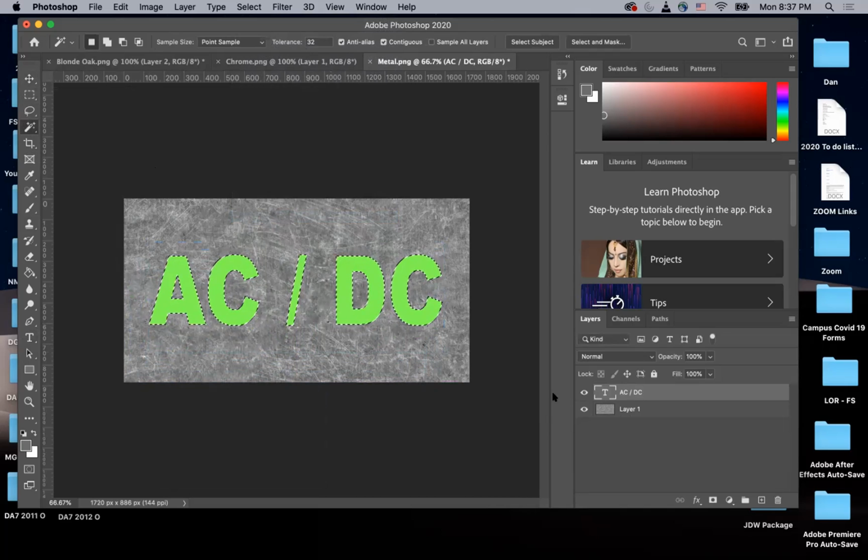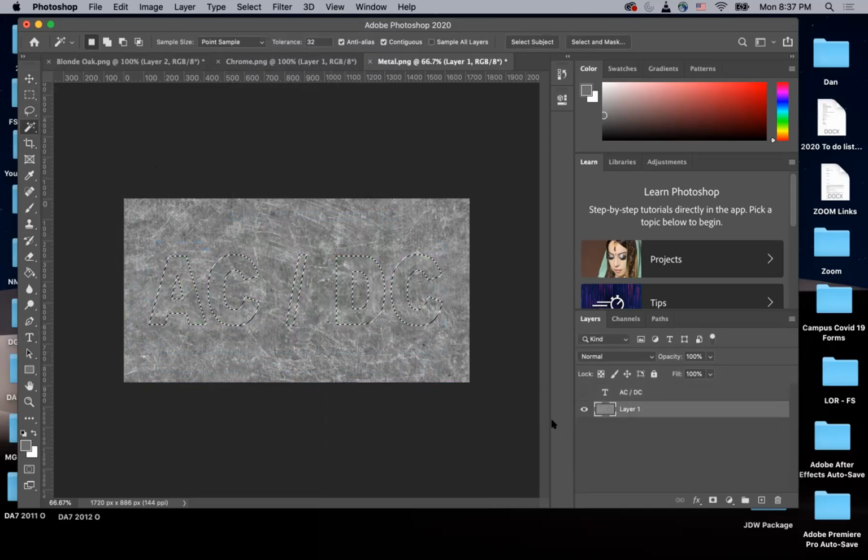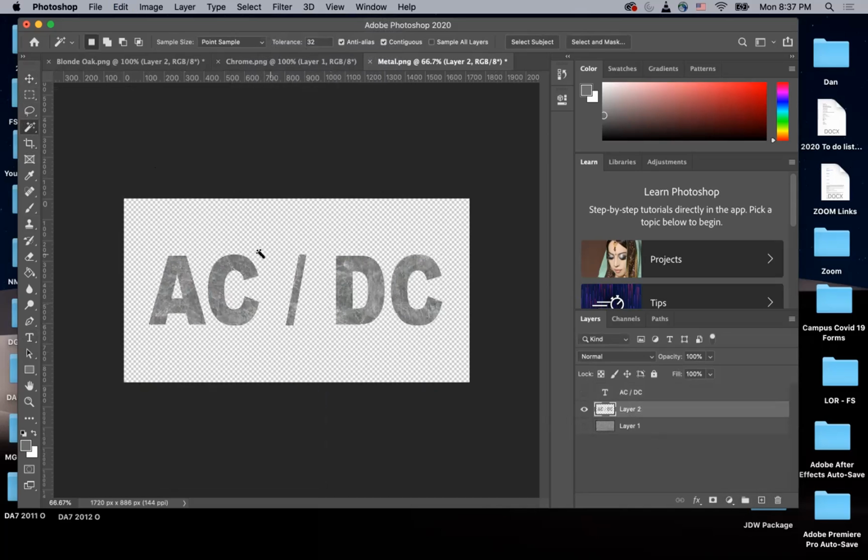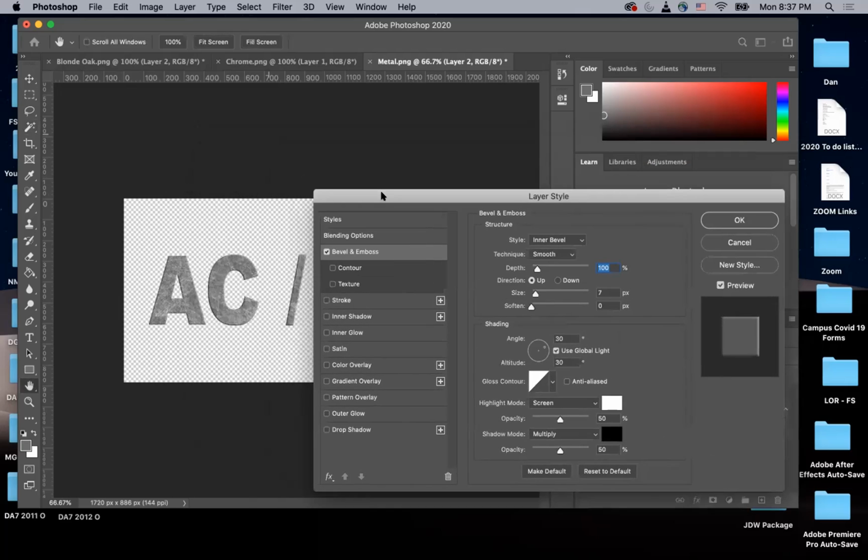You know, and get rid of it. Go here, copy, give me a new layer, paste it, and I have now AC/DC out of metal. I mean, textures are amazing because, let's say I wanted to come in here and use my effects tool, let's say I wanted to add a bevel, I can really adjust the